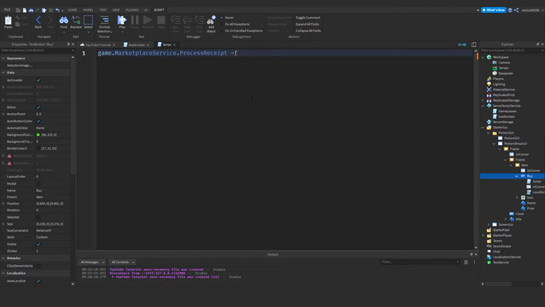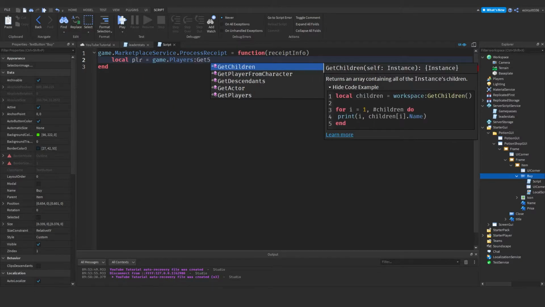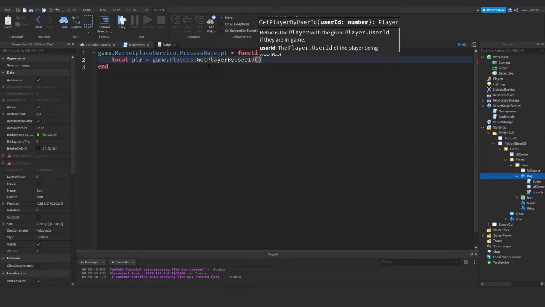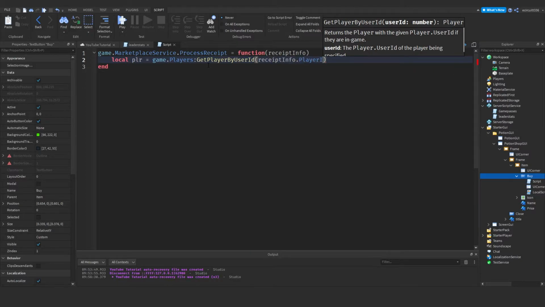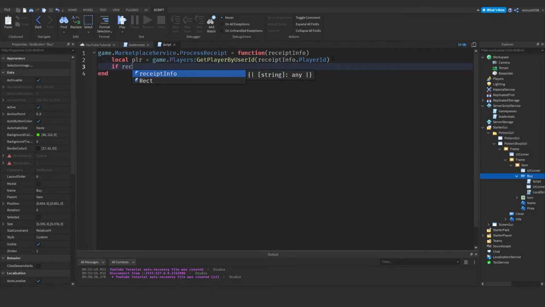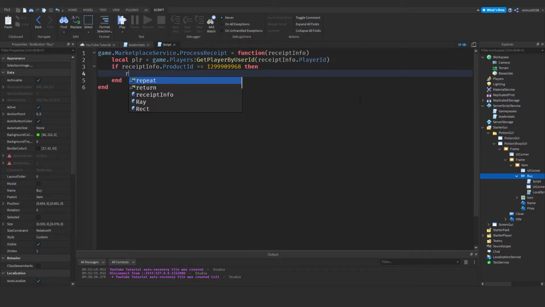game.marketplaceService.processReceipt equals function, and then receipt info. So whenever a developer product is purchased, it is going to call this function basically. Now we need to say local player equals game.players: get player by user ID, and that will be the receipt info dot player ID. Okay, so now we need to see if receipt info dot product ID is equal to, and then our product ID, then we want to return